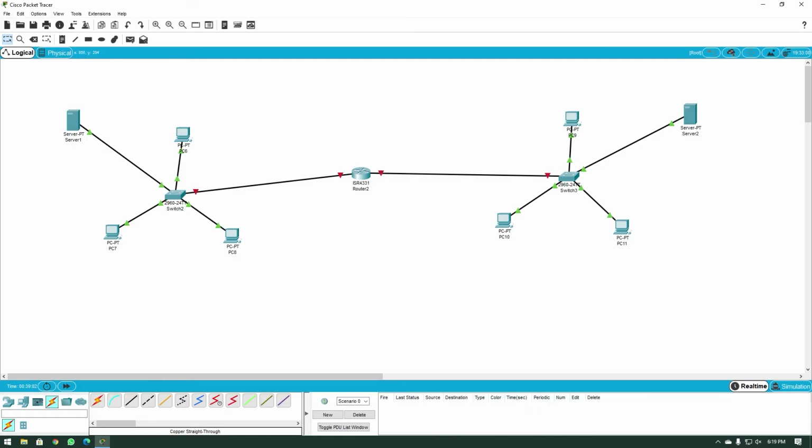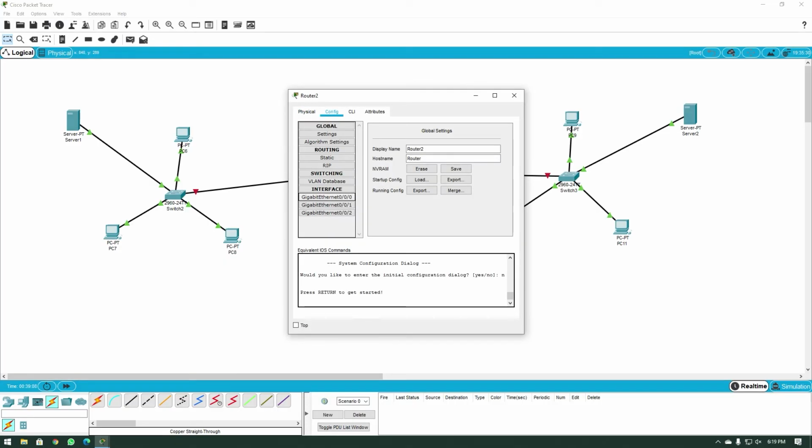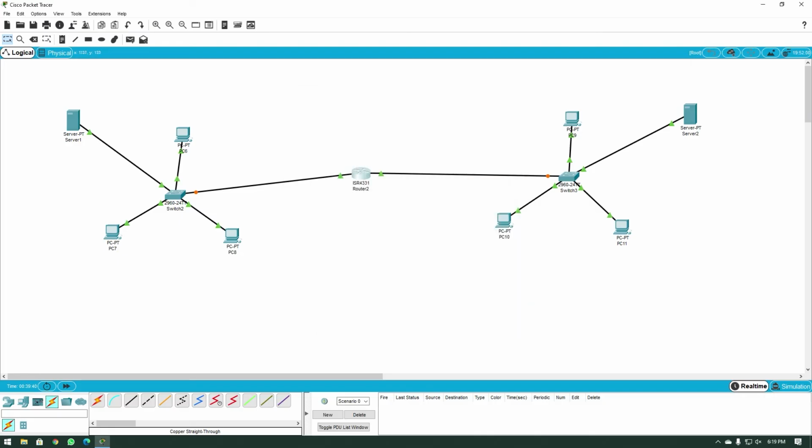10.0.0.0 network. So let me click on the router over here, go to config, Gigabit Ethernet 000. I'm going to give it a 192.168.1.10 address, and then turn the port on. Then I'll go to Gigabit Ethernet 001 and give it a 10.1.1.10 address, which is a 10.0.0.0 network type address. It's a /8 class A private address, and then turn the port on too. Going to close this window now.